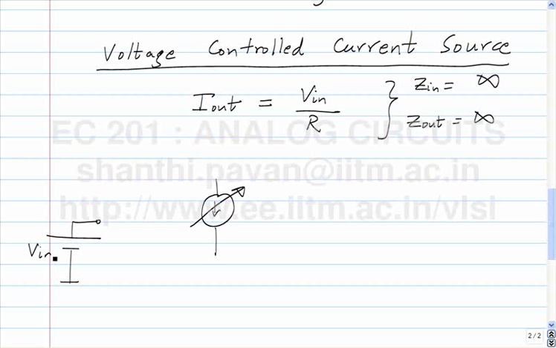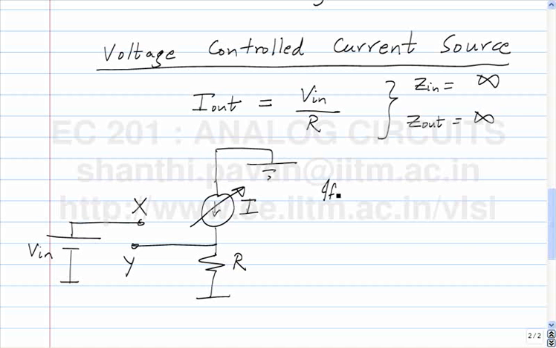So it makes sense, you have a variable current source. I pass this through a resistor R and compare this voltage and this voltage. This voltage, if I call this X, if I call this Y,